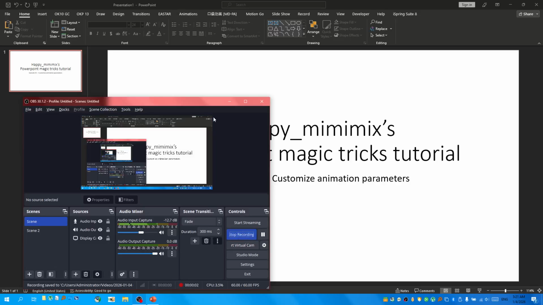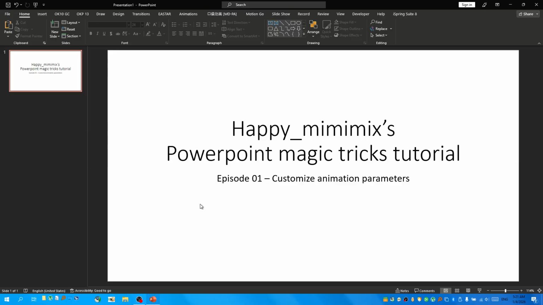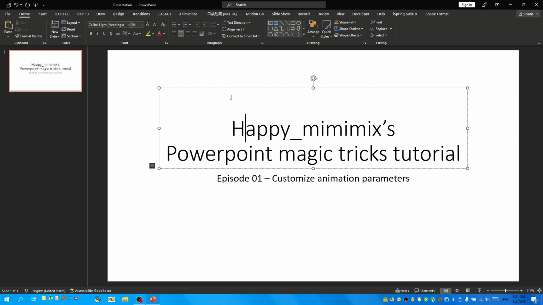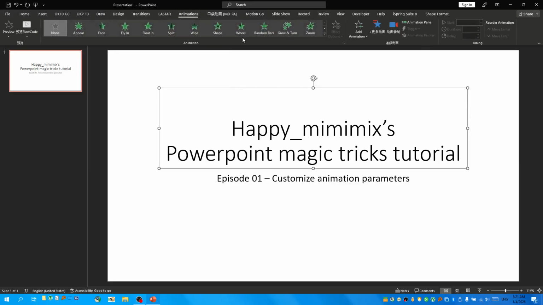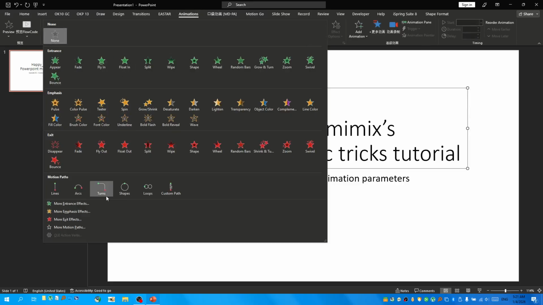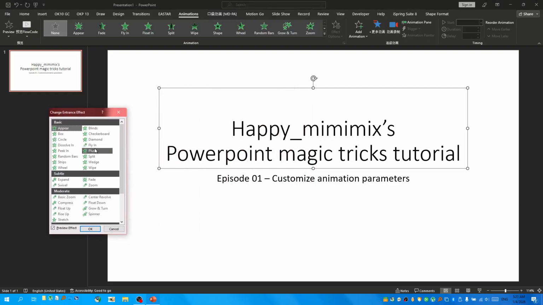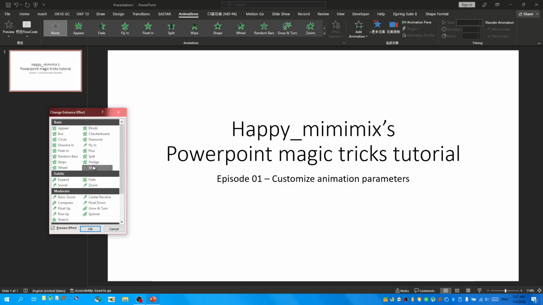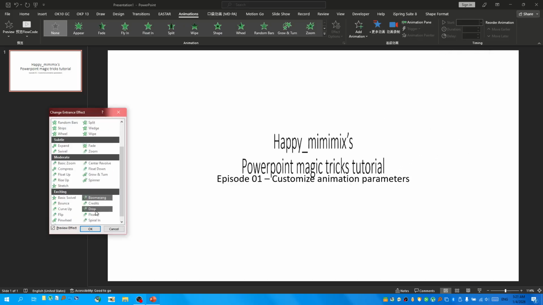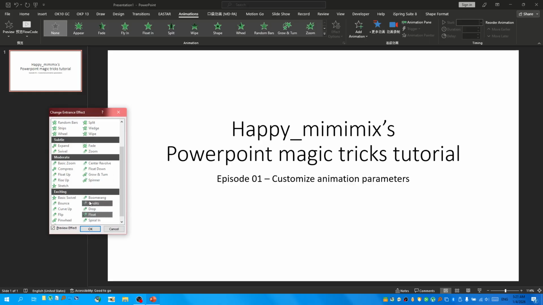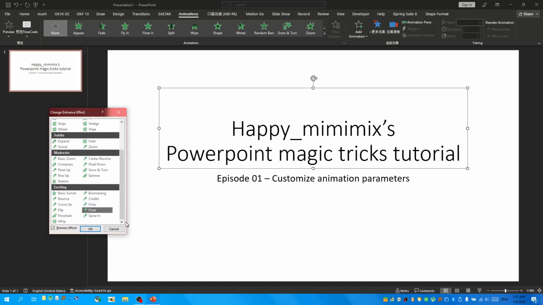Hello everyone, in this video I'm going to show you how to make a brand new PowerPoint animation effect that doesn't exist. We all know that PowerPoint has some built-in animation effects. For example, fly in, wipe, boomerang, float, and some more. But in this video, I'm going to show you how to make a brand new animation effect that doesn't exist